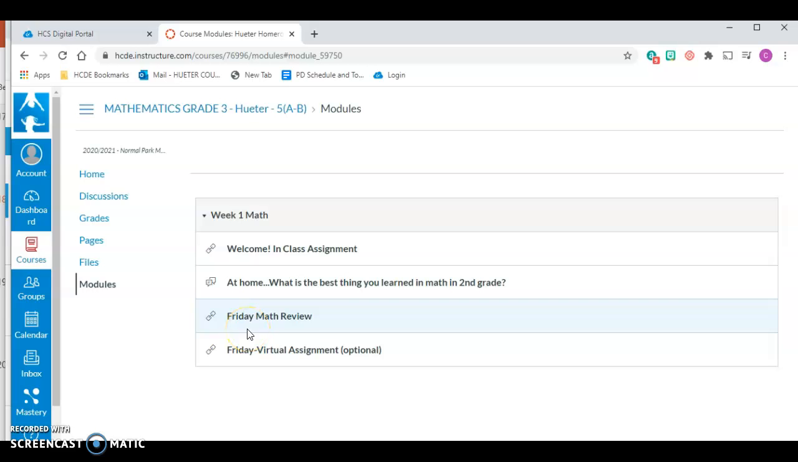the assignments will be listed by day. So if your child is in school on a Thursday or a Friday, you do not want them to do those assignments at home. Okay. You only want them to do the assignments at home on the days that they are not at school. Okay. You can toggle back and forth between